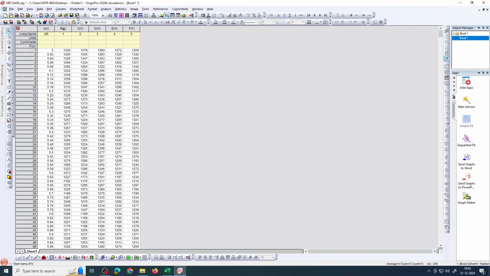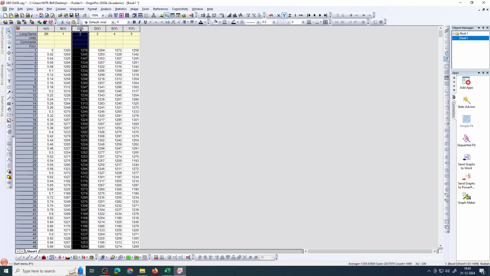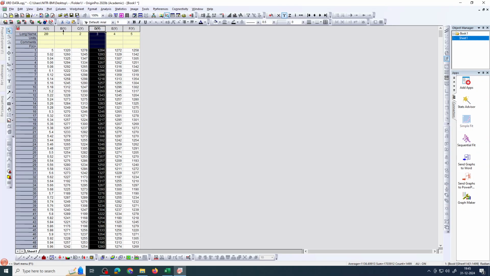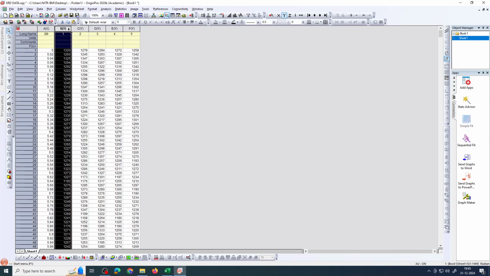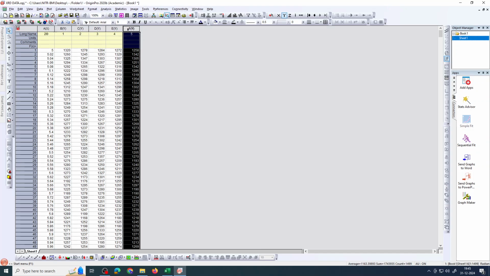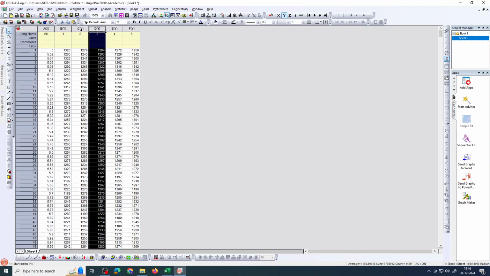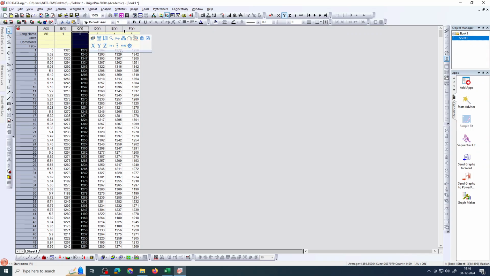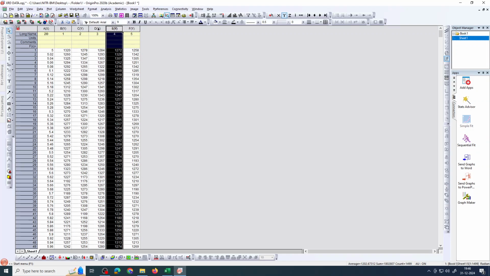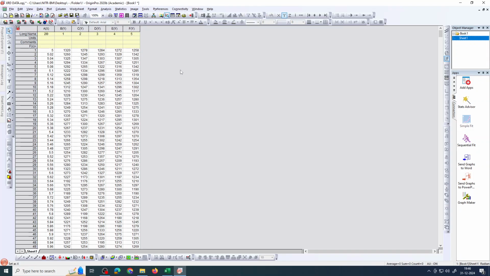Now how will we compare? Sample 1 with sample 2, sample 1 with sample 3, sample 1 with sample 4, sample 1 with sample 5. Then 2 and 3, 2 and 4, 2 and 5. Then 3 and 4, 3 and 5, and ultimately 4 and 5. I will show you some examples by which you can understand how to perform the Spearman Correlation Coefficient